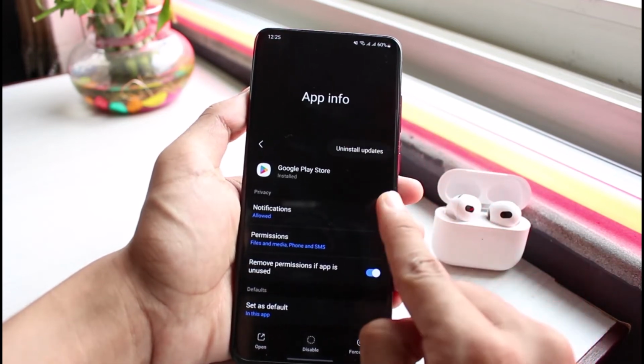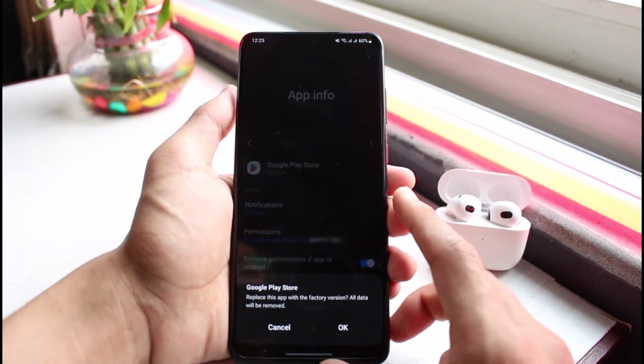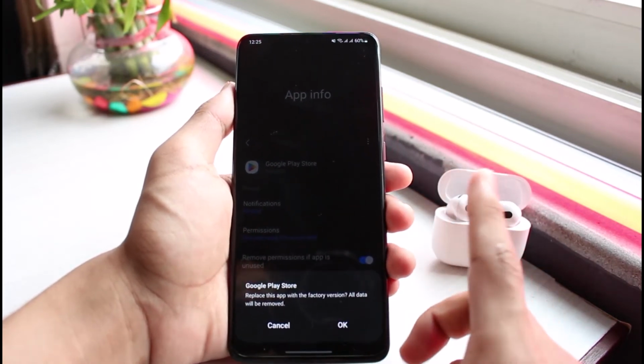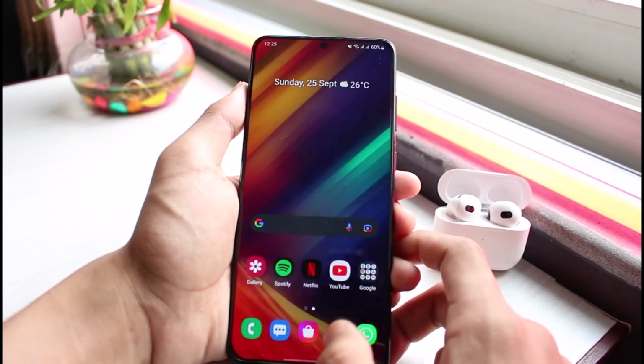If not, tap on the three dots and then tap on uninstall updates. Once you uninstall the updates, it will restore the Google Play Store to the factory version and all of the data will be removed. So go ahead and simply uninstall the updates as well, and hopefully one of these should